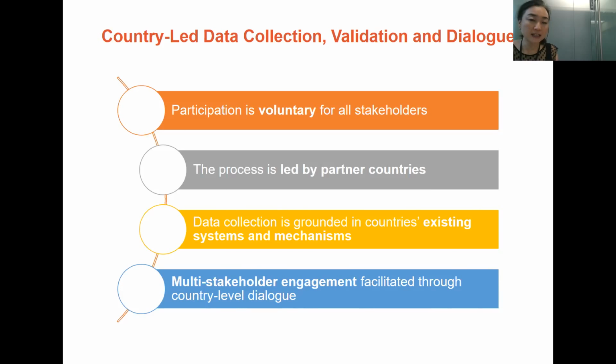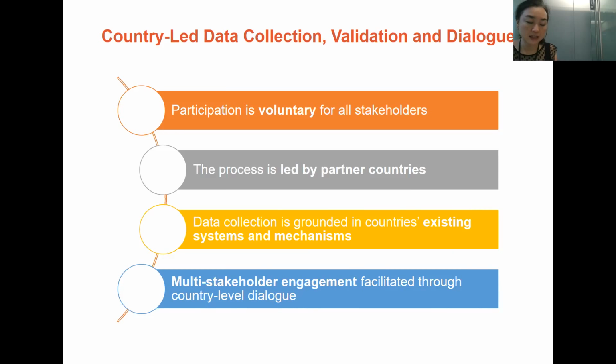Now, participation in the global partnership monitoring is voluntary for countries and stakeholders. If they see that the elements being monitored and the data generated, and also the inclusive dialogue around the results, are relevant and useful to the existing country mechanisms for ensuring development impact, then quite a number of countries have seen the usefulness, and therefore they voluntarily engage in this country-led monitoring process.